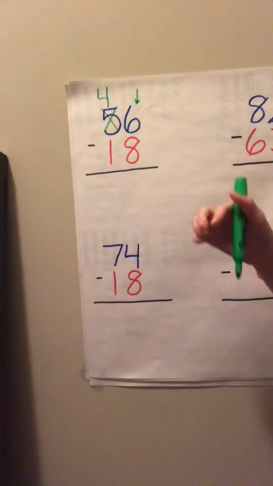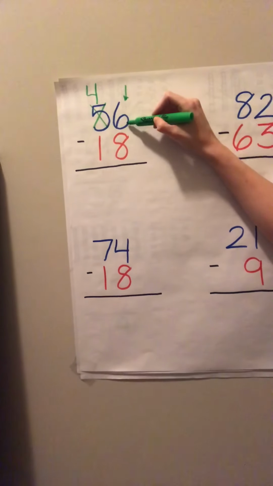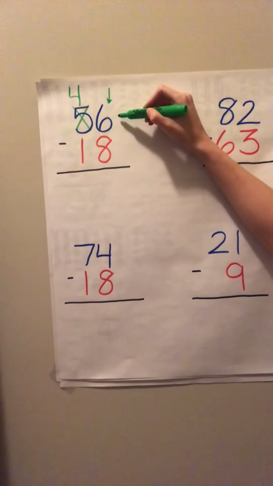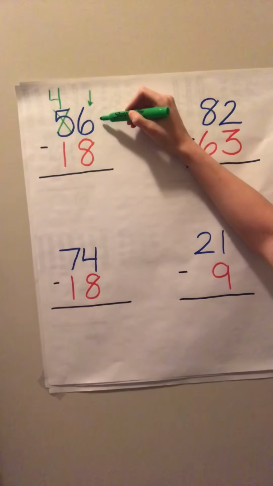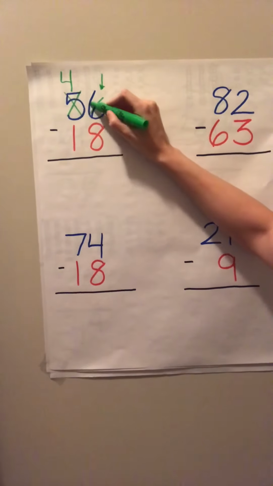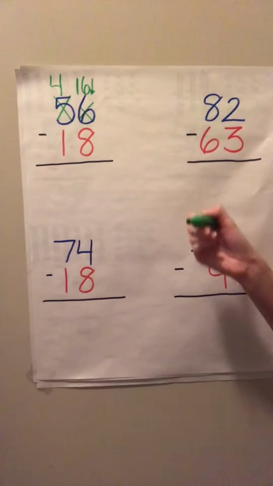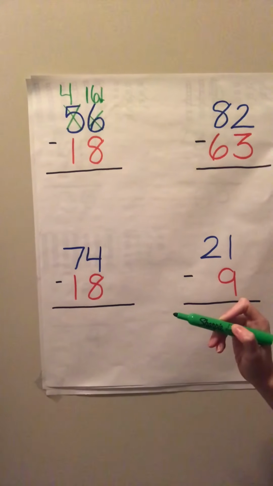But I need to do something with those 10s. So if I took a 10 away, now I need to add it over to my ones place. So 6 plus 10, if I have a 10 and 6 ones, that equals, right, 16. So my 6 turns into a 16. Now I'm ready to subtract. So 16 minus 8 equals,